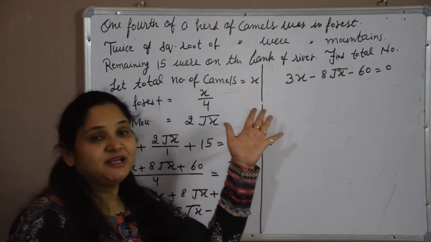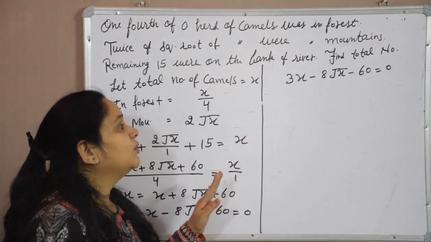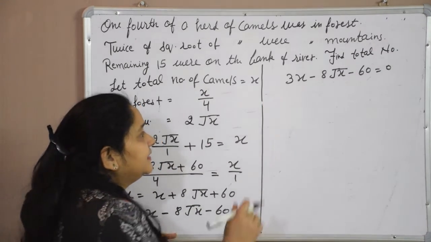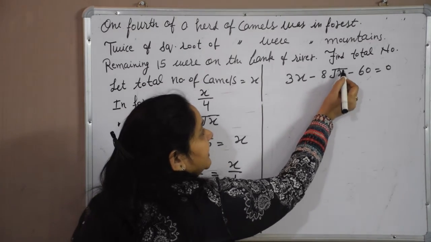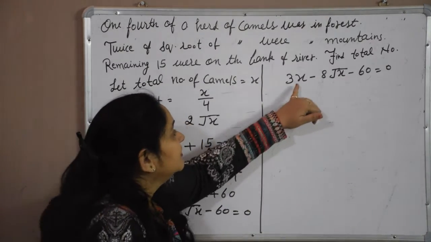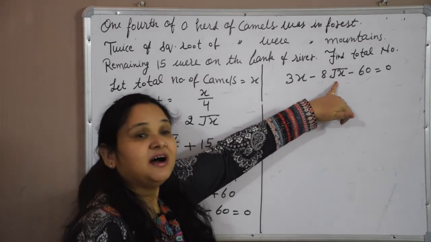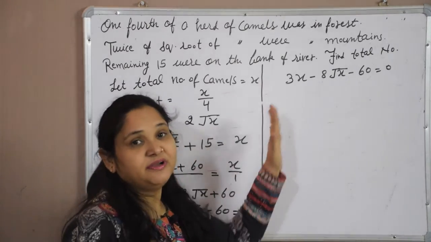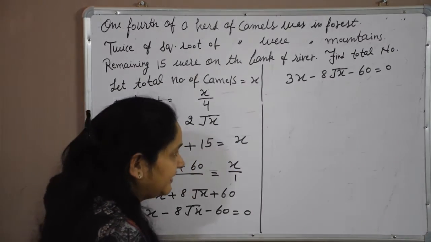Is it a quadratic equation? No, not now. It is not looking like a quadratic equation, but in fact we can solve it in a similar manner, because whenever the degree was 2 we had a quadratic, but here the degree is 1, so similarly it is a half. So it is a quadratic equation, but now it is not looking like one. We have to convert it into the form of a quadratic equation.